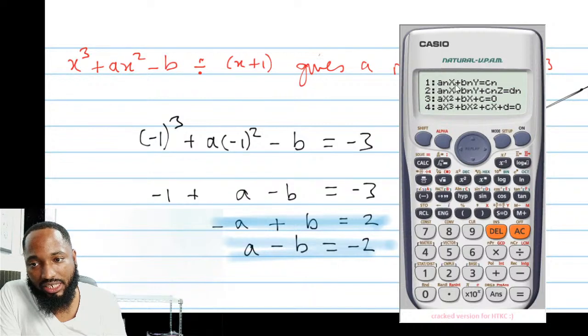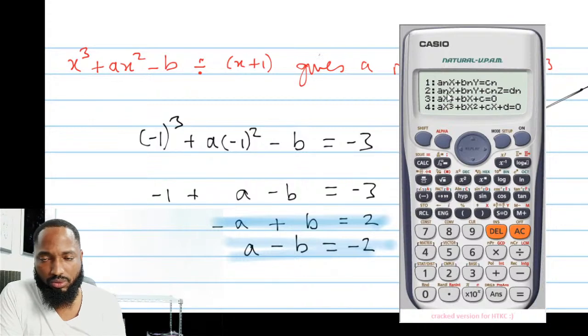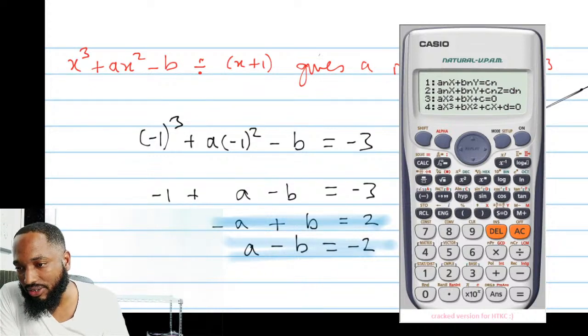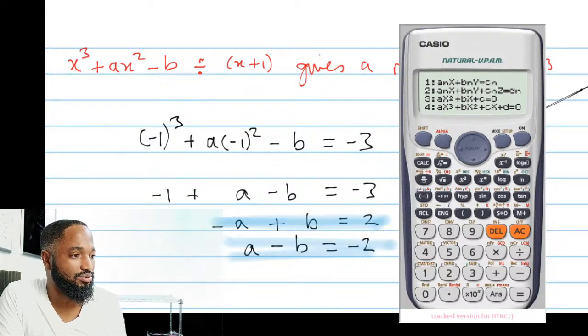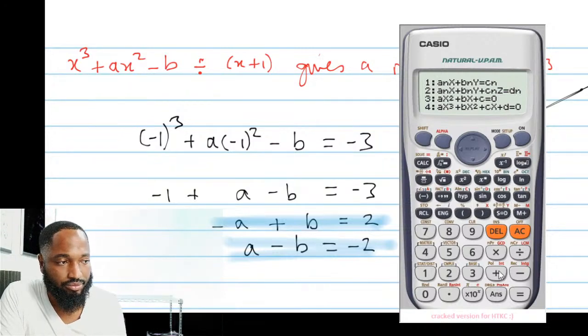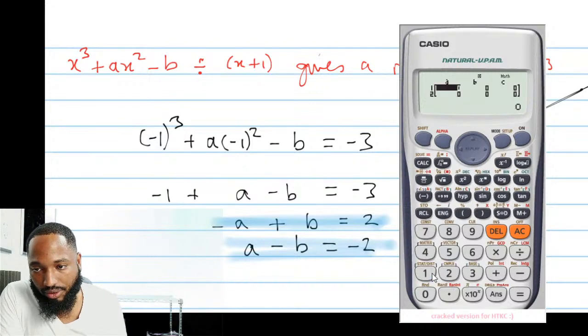And number 1 is the simultaneous equation here. If you're trying to solve with 3 unknown variables, that'll be number 2. Don't think you will get that in your exam. So let's see what the calculator will give us for this. We might get a math error for this equation here.